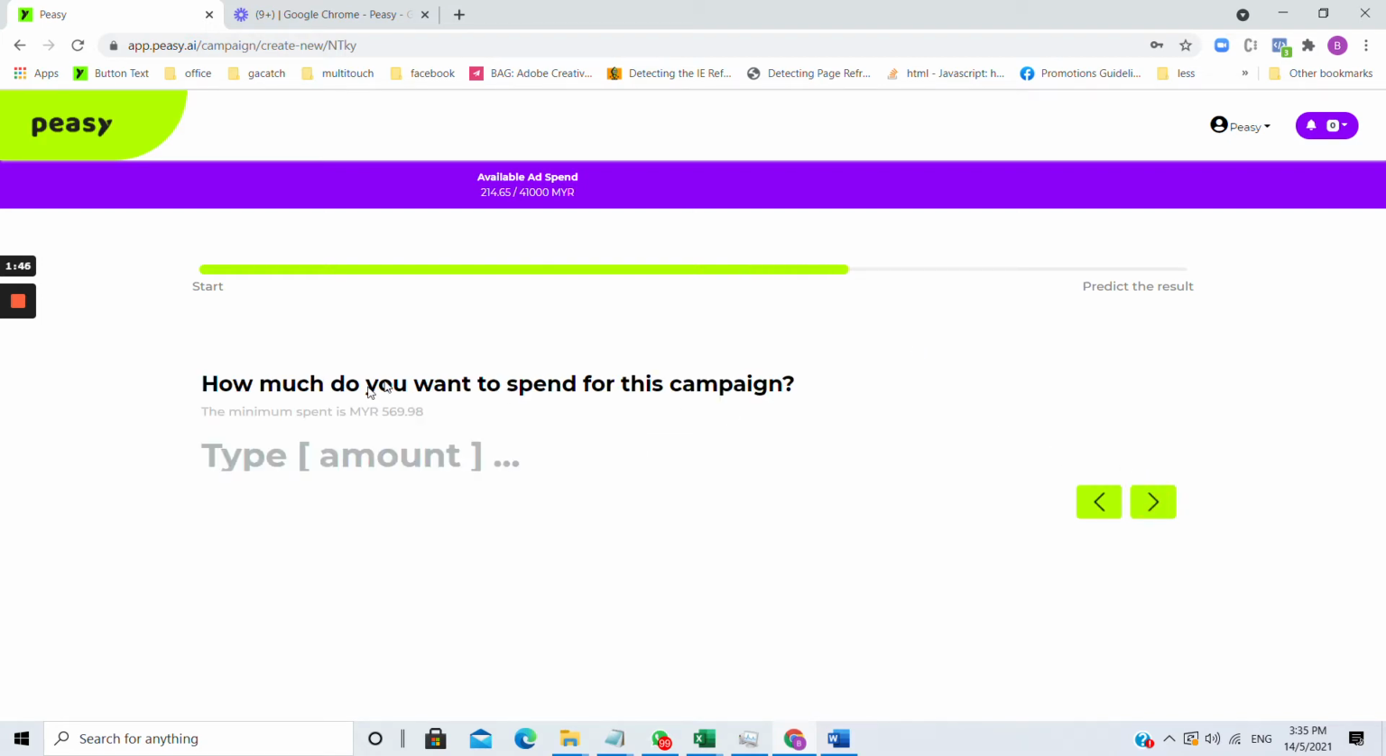days. Next, you can see there is a minimum spend. This minimum spend is dictated by Facebook and Google. Facebook and Google have a minimum spend that is dependent on your campaign duration. So the longer your campaign duration, the more you have to spend on your campaign. But bear in mind, despite the fact that we have mentioned here 569 ringgit, that doesn't mean Peasy would blindly